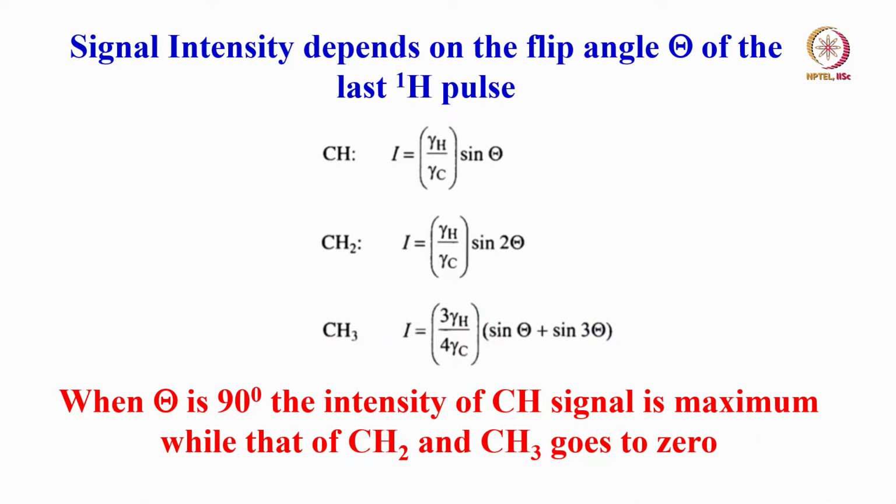You can use this idea to do what is called spectral editing in carbon 13. Generally, this is what is used for identifying different carbons. INEPT is used generally for polarization transfer in most of the complex pulse sequences. But in a one dimensional experiment, if you want to see the simple carbon 13 spectrum and see which carbon is which, then you do not need to go to complicated 2D sequences. Simply do the DEPT experiment with different pulse angles of the last pulse, 45 degrees, 90 degrees, 135 degrees, and you can identify all the carbons.